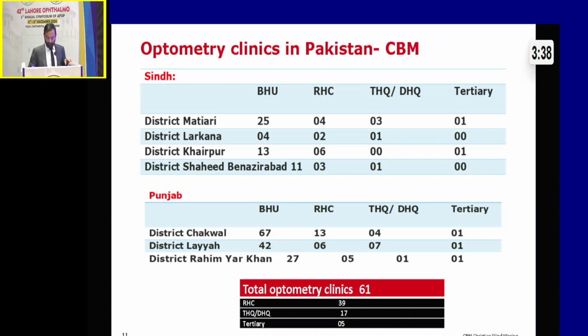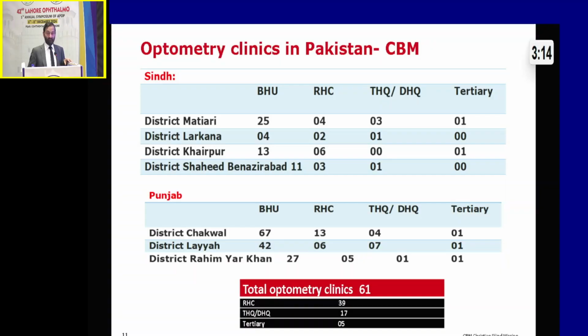Optometry clinics to date at rural health centers, we have 39. It's totally supported by CBM, I will tell you about this. And THQ, DHQ, that is 17, and tertiary level 5. Out of this 39, about 12 is supported by the government directly in the province of Sindh, where they have